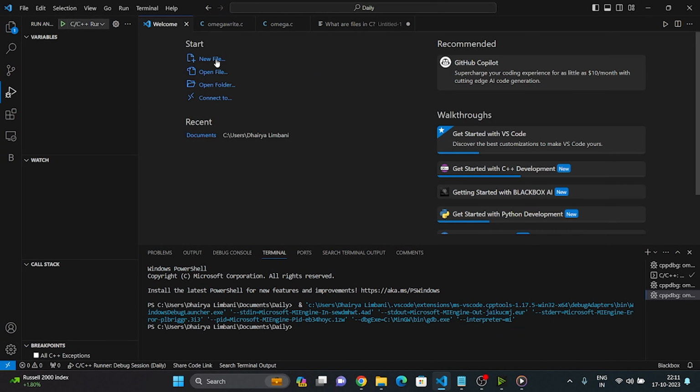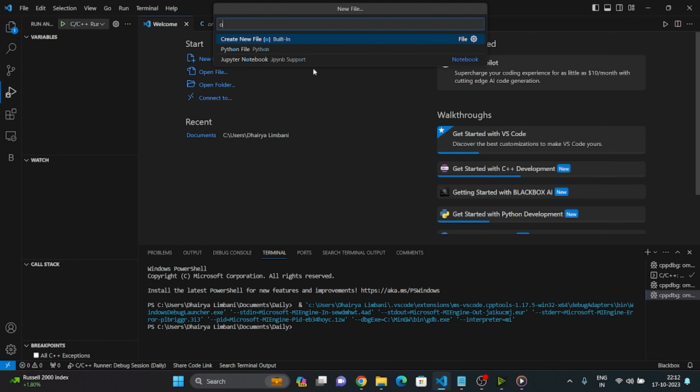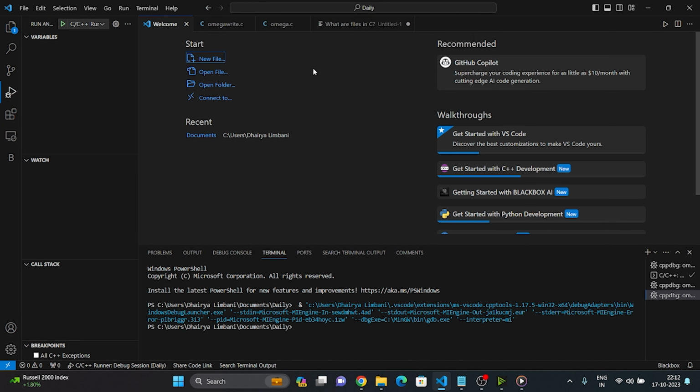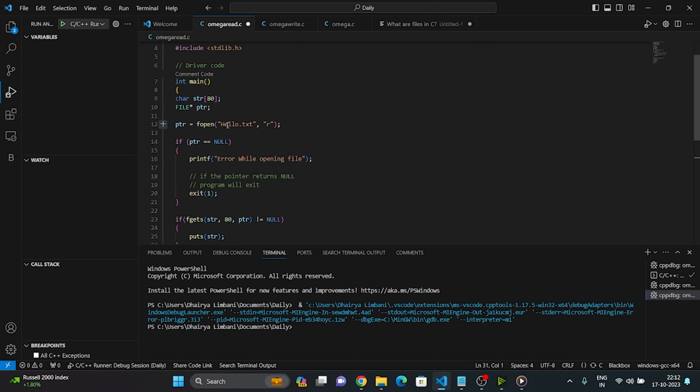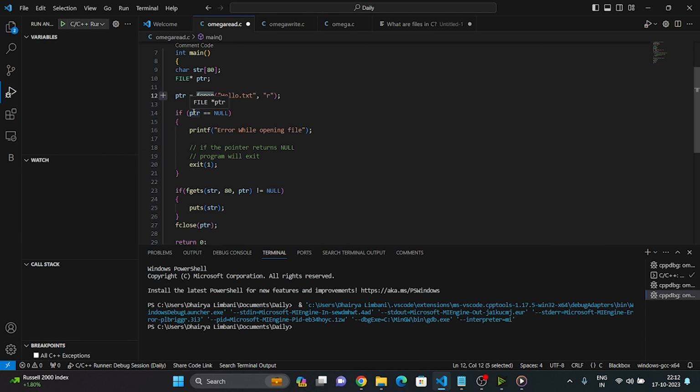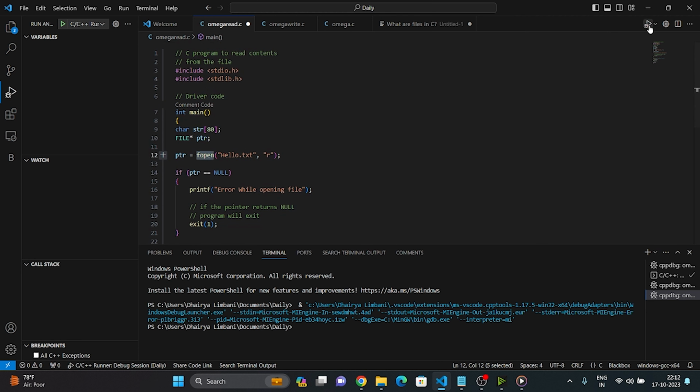Now we are going to create a new file, a reading file, which will be able to read. So again I will paste the content and we have the same thing, but we have inserted fopen. It will use fopen to open the file, and the same pointer is equal to NULL if any error happens while opening the file. So it will print error while opening the file and exit the code. So if I run the code again,